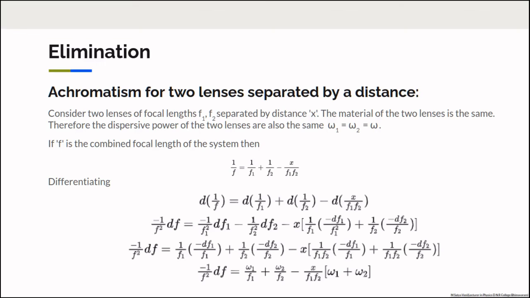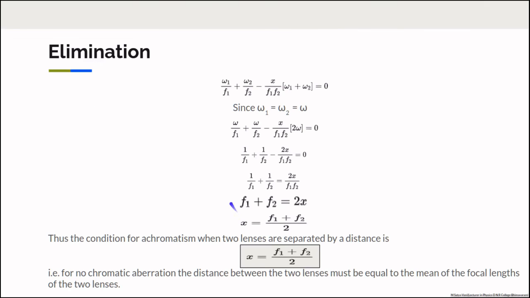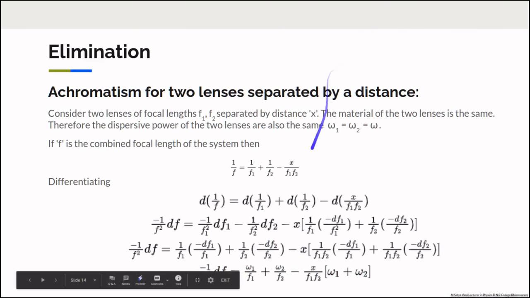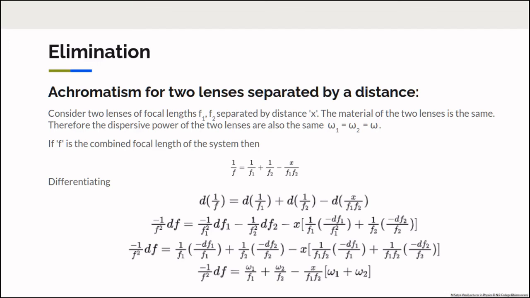focal length capital F. Then we know that 1 by F is equal to 1 by f1 plus 1 by f2 minus x by f1 f2. Next, differentiating this equation, we get these equations, substituting the values of omega 1 and omega 2. Then in the above slide, in case of achromatism, dF is equal to 0, as F is constant for all colors, therefore the right hand side is equal to 0 and